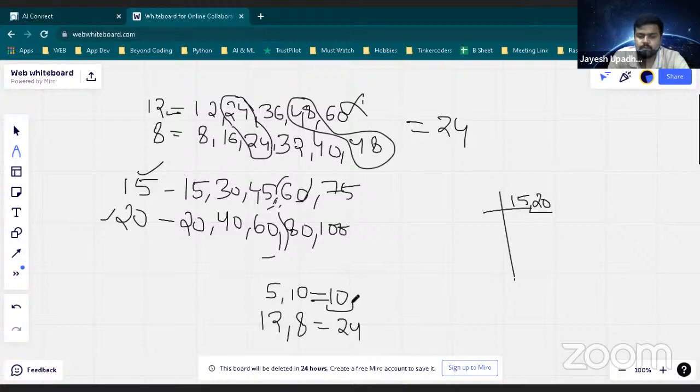Let's see the answer. So the answer which you are getting, just see the number. First number is 5, second number is 10. The answer, the LCM which you are getting, is perfectly divisible. 10 divided by 5, perfectly divisible. 10 by 10, perfectly divisible. 24 by 12, perfectly divisible, because it is some multiple of the number, right? That is why it is perfectly divisible. So why not I check that number, that thing which you have done in the factor. In the factor also I have done the same thing.